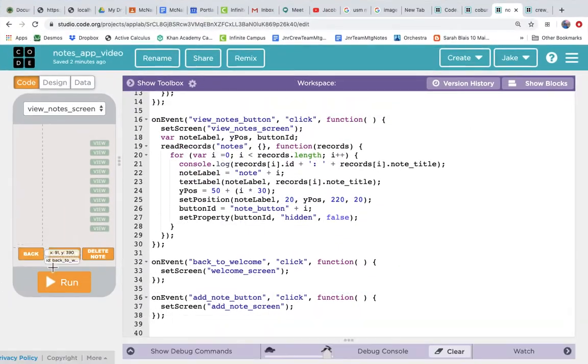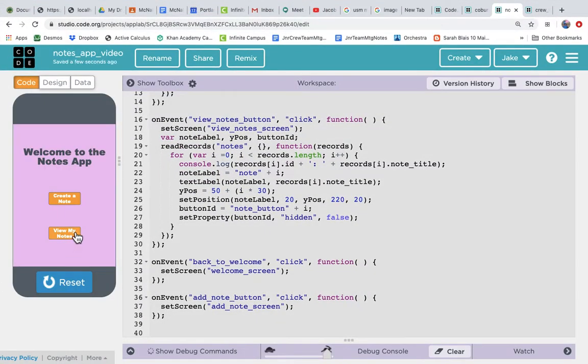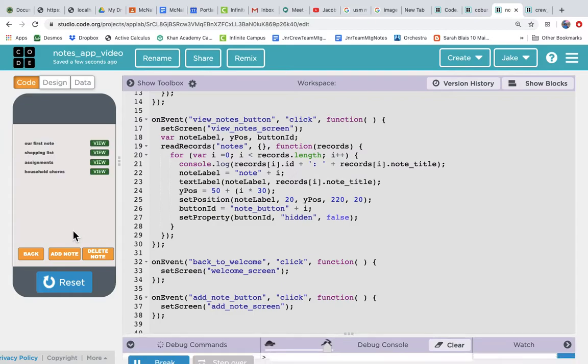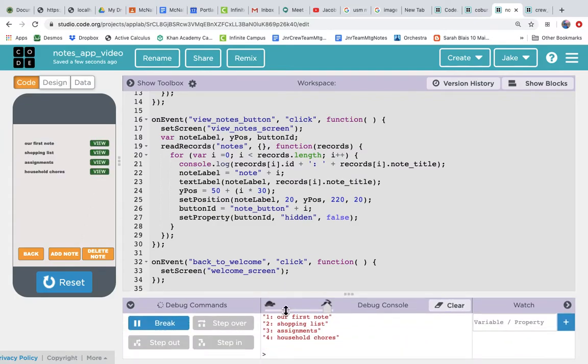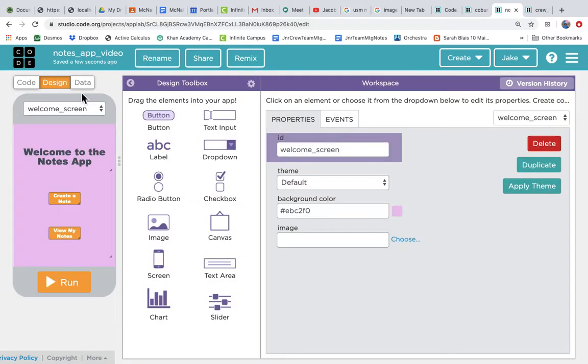All right, we have our app working, and we're clicking this View Notes button, and we can see all our notes, the 4 notes in our database, and they're showing up on the screen. Now we want to be able to click this button and actually read the note. And so we know that, how do we wire up a button? Well, we have to use the button ID